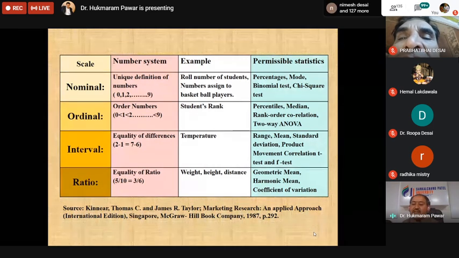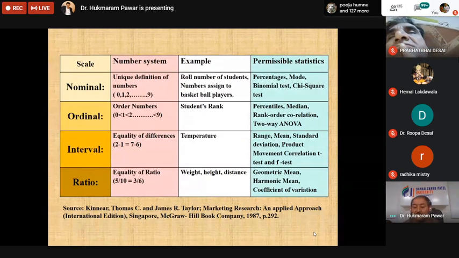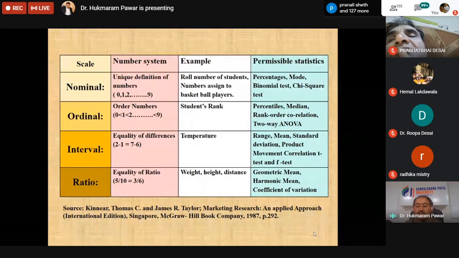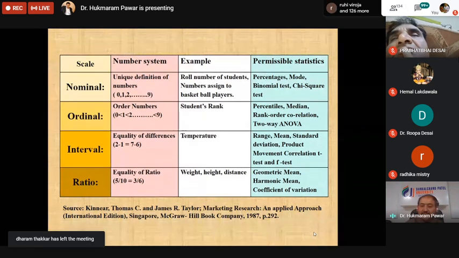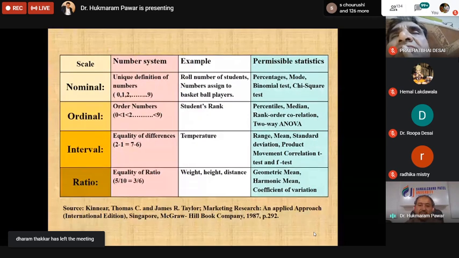What things you can calculate and which give you a meaningful result, a meaningful conclusion. The main purpose of research is to find some meaningful conclusion from our analysis, and which statistics are more suitable for it, you can understand with the help of this table. So this table is very useful, and you must refer to it before designing your research